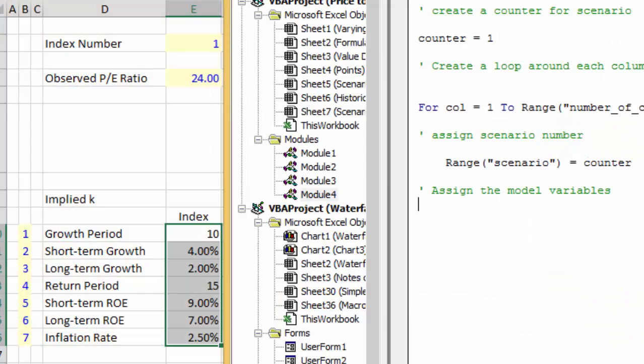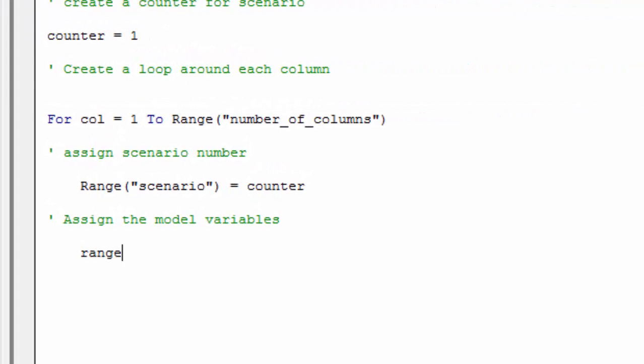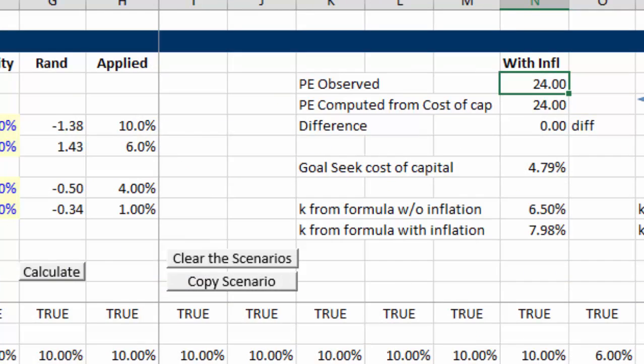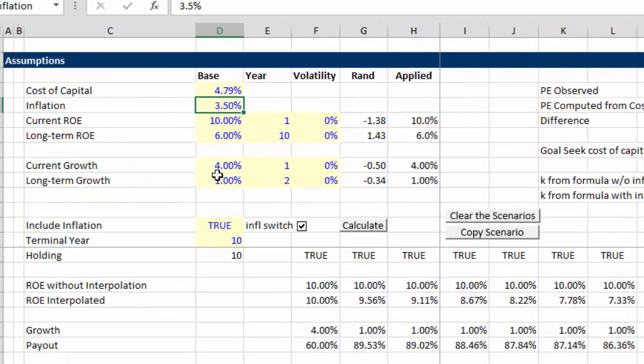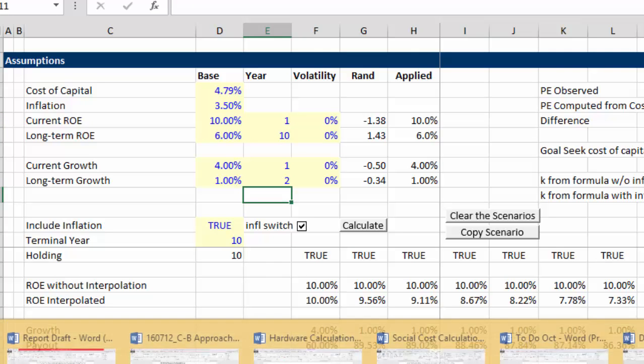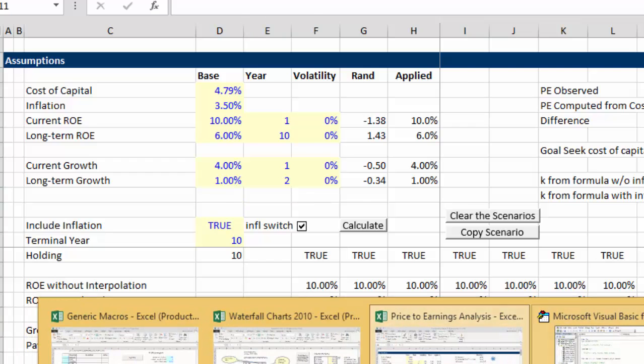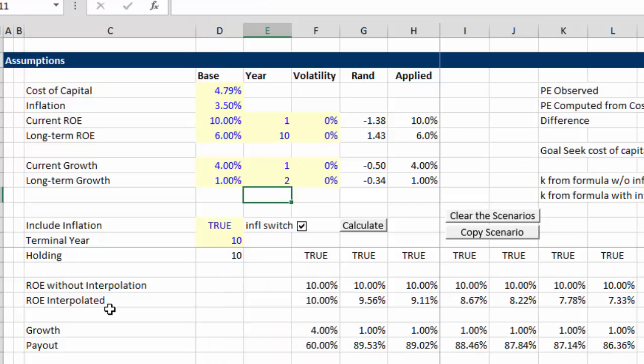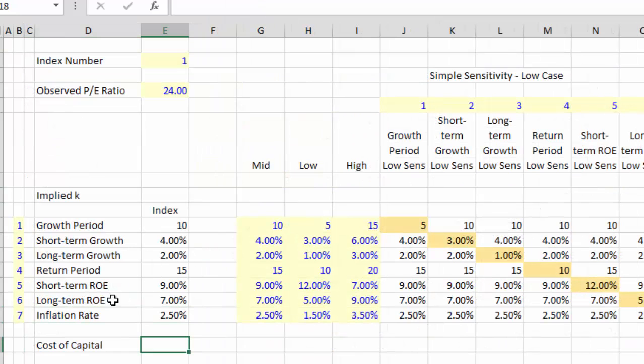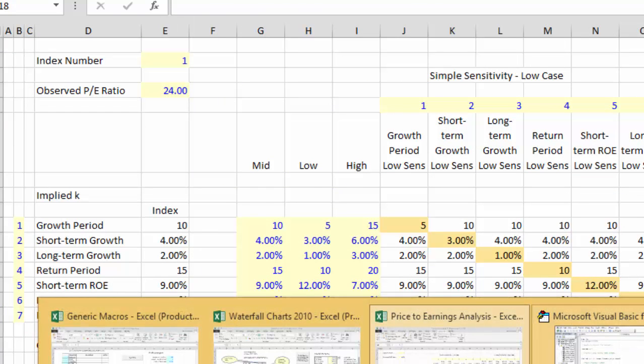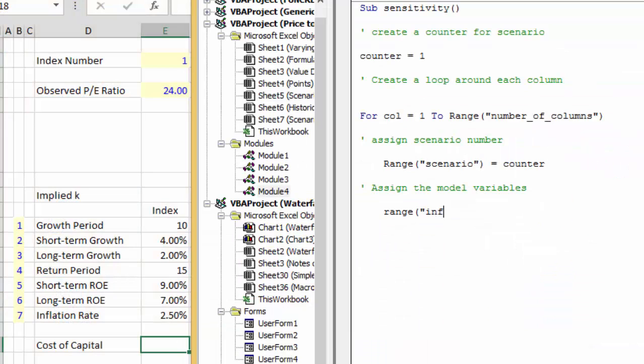And then let's put range, and we'll put something like, in the other thing, this is named inflation. Okay, and I guess that we'll have to name this variable and this variable as well, but let's just name the inflation, which is kind of on the inflation is number 7. So we'll put range inflation